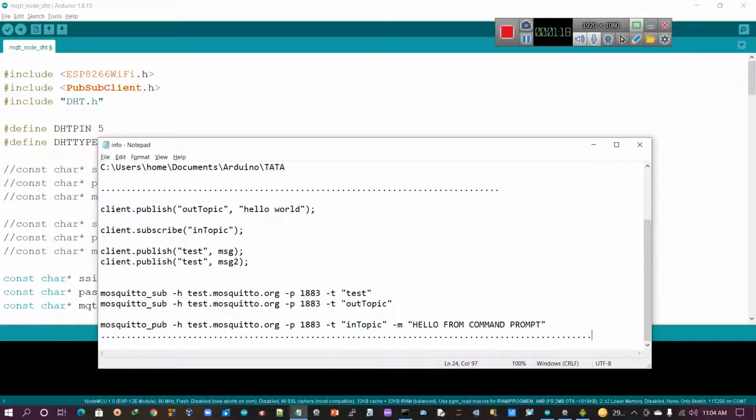But this is not written in the normal loop. It is written in the specific loop which is executed only once. Just for testing purposes, if any message is transmitted from outside on the in topic, this Node MCU will receive that one. In the same way, if you press the reset button, this Node MCU will publish the data hello world, and any other subscriber who subscribes on the out topic will get that one. Just for demo purposes, but continuously this Node MCU is publishing temperature as well as humidity. So remember these points.